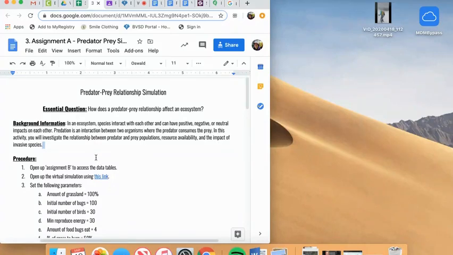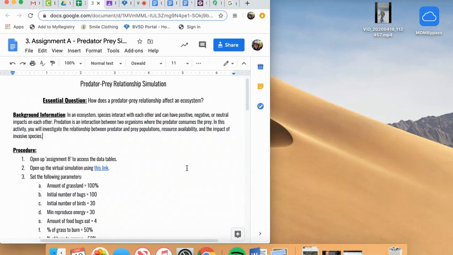Okay, so for this assignment, you're going to be using a predator-prey relationship. Our central question is: how does a predator-prey relationship affect an ecosystem? You should have already learned from the previous assignment that predation, or a predator-prey relationship, is an interaction between two organisms where the predator consumes the prey. Okay? So for this activity, you'll investigate the relationship between predator and prey populations, resource availability, and the impact of